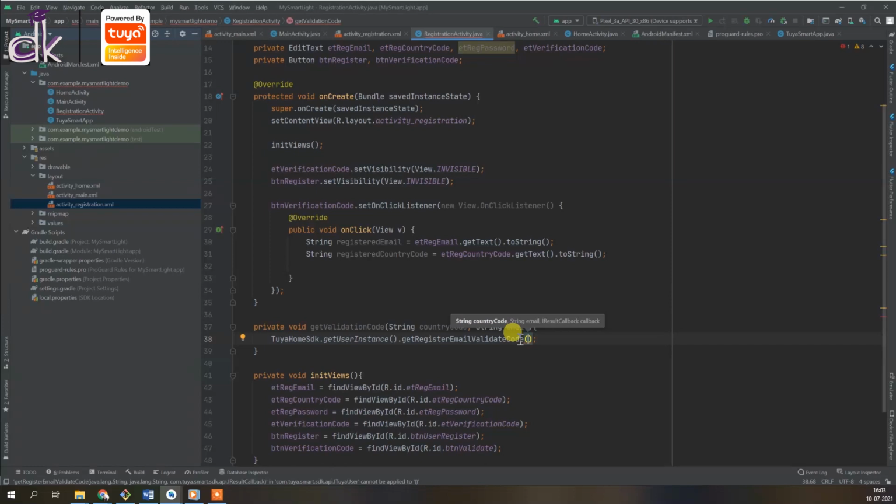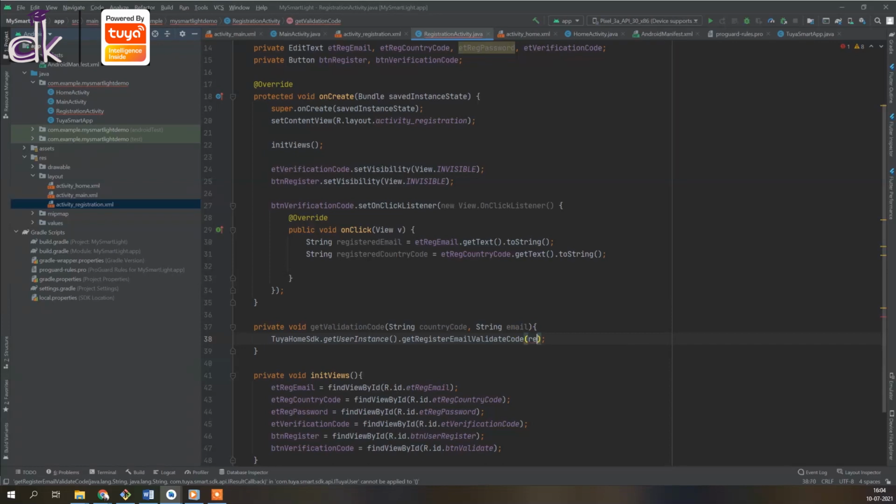And in this you can see that it has only two parameters, country code, email, there's no password, and then there is a callback function. So that is the reason I have not added password. It's not that I knew it beforehand or something. It's because I've gone through their SDK, the API guide, and how the parameters are, and that's why I'm writing the functions that quickly. So it's just through experience.